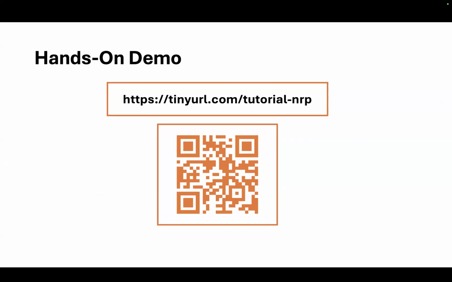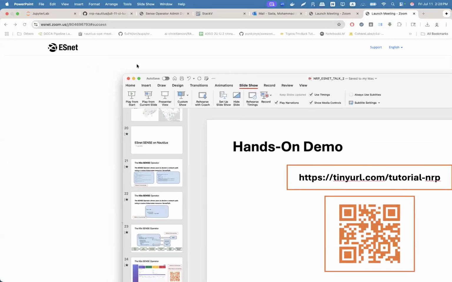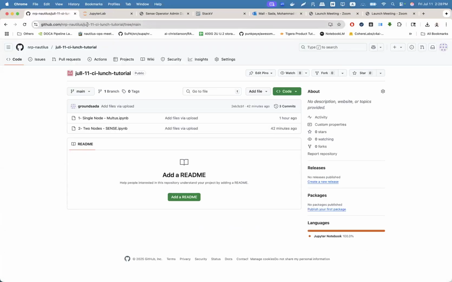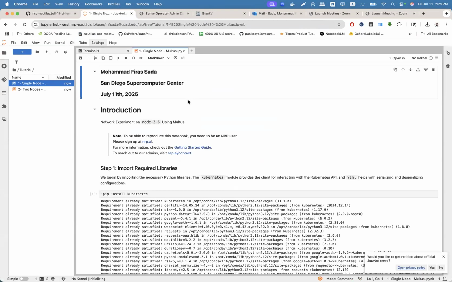All right. So I hope you can still see my screen. This is where the link takes me, and you can see here we have two notebooks. One notebook is called single node Multus, the other is called two node Sense. And of course, this is my notebook.